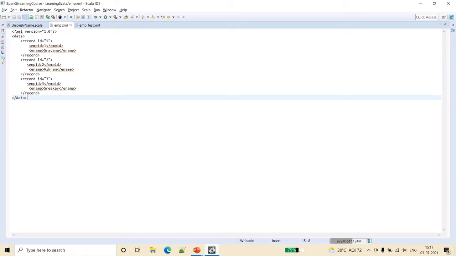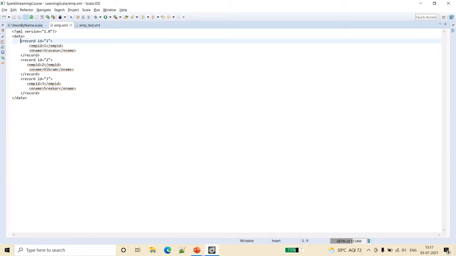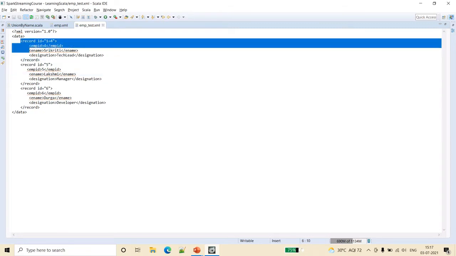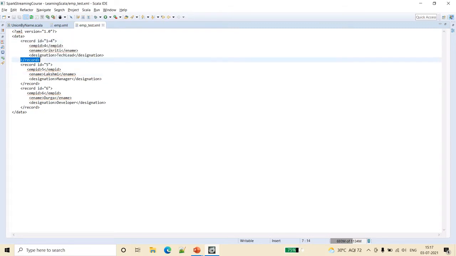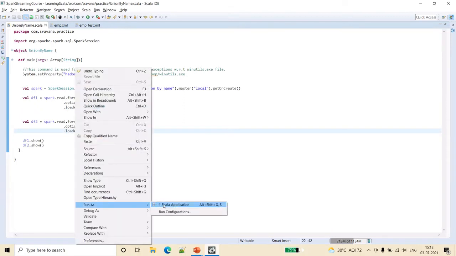In the emp.xml file, for each record, two elements are present under this row tag: emp id and emp name. Similarly, in the emptest.xml, for this row tag, we have three fields: employee id, employee name and designation. So now I am reading these two XMLs as data frames, and I am printing the data frames.